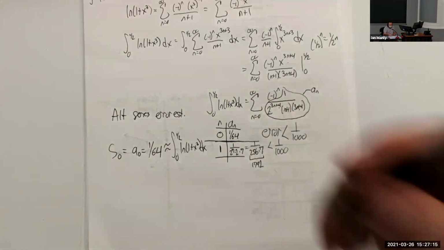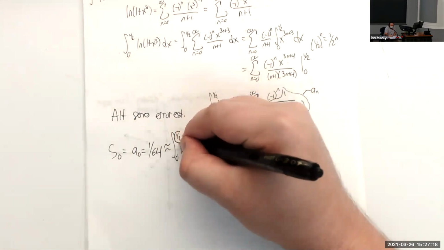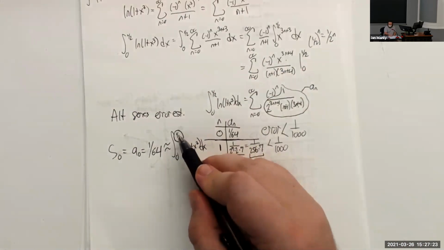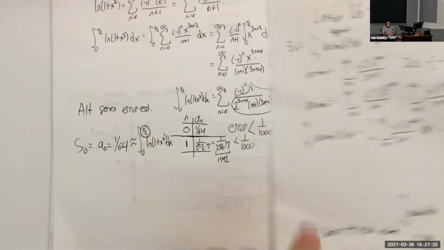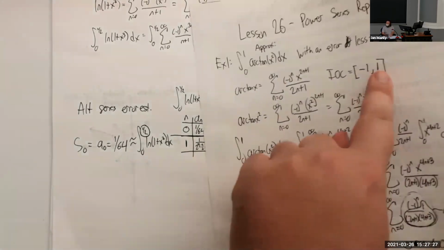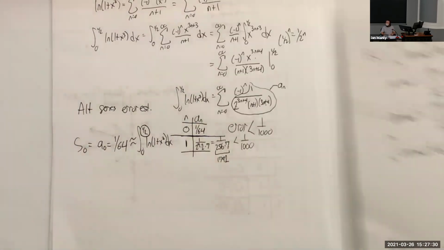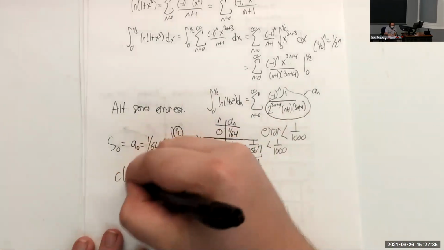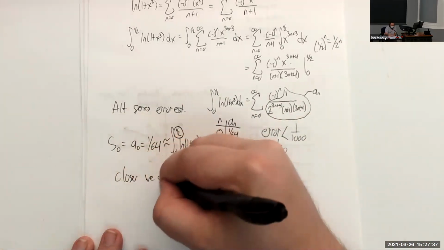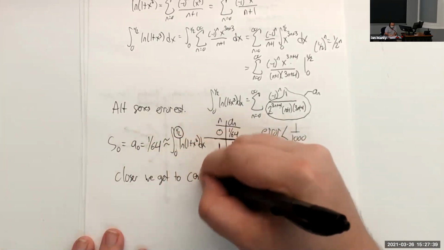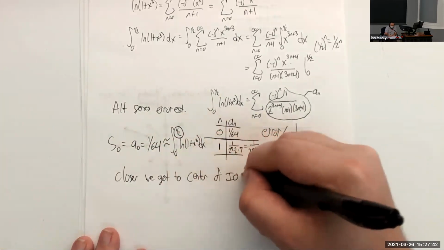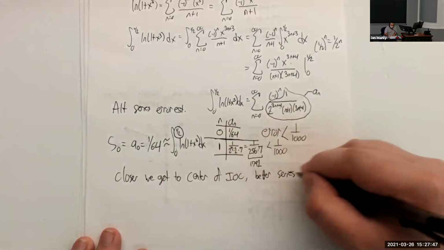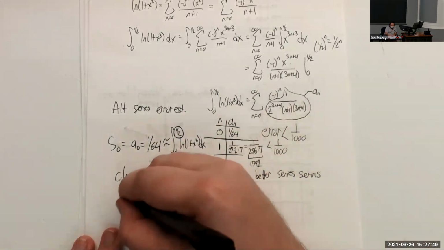But one thing that's interesting about this, one difference we have from the last problem, is that we went out to 1/2 here, but in the previous problem, we integrated all the way out to 1, which is on kind of the bleeding edge of the interval of convergence. And what this is saying is that the closer we get to the center of the IOC, the better the series serves as an